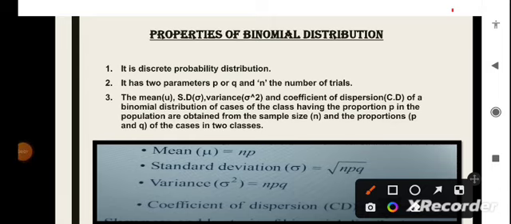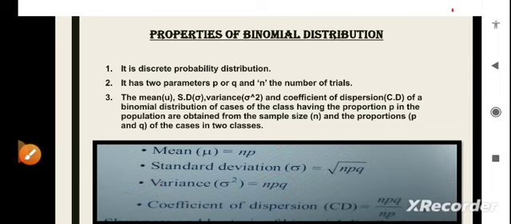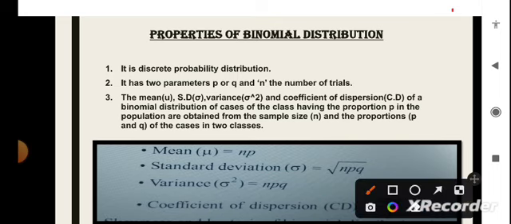Third property gives the mean, standard deviation, variance and coefficient of dispersion of the binomial distribution. Here the mean is equal to NP, standard deviation is equal to under root NPQ, and as the variance is the square of standard deviation, the variance becomes NPQ. The coefficient of dispersion is equal to NPQ upon NP, that will be equal to Q. Here N is the number of independent events, P is the probability of success and Q is the probability